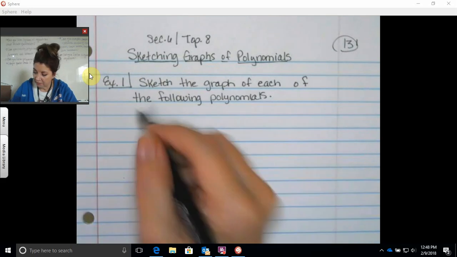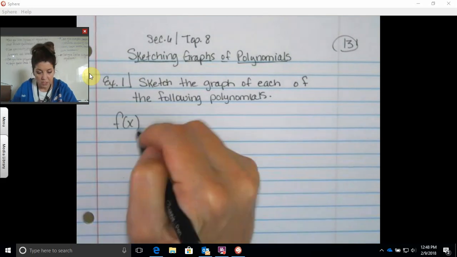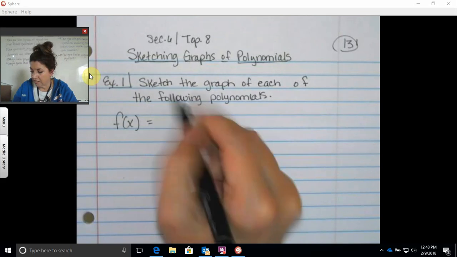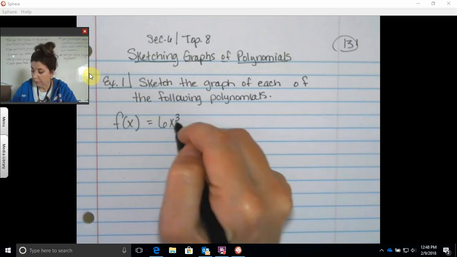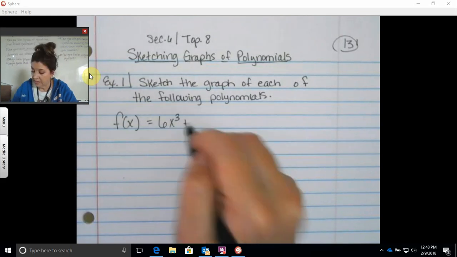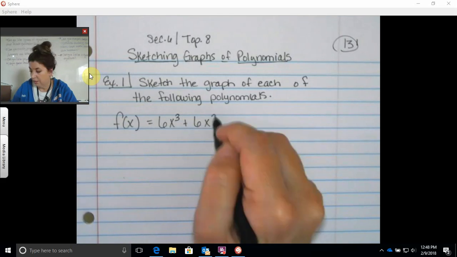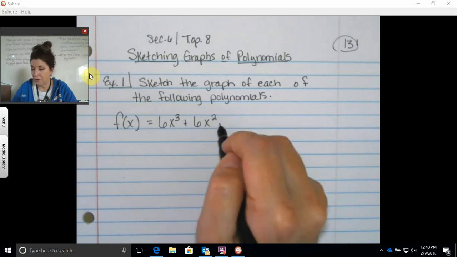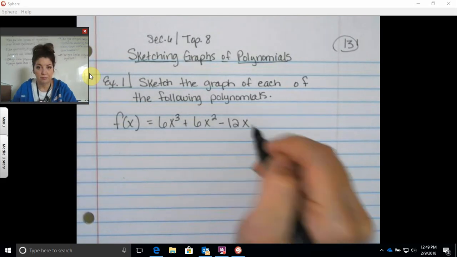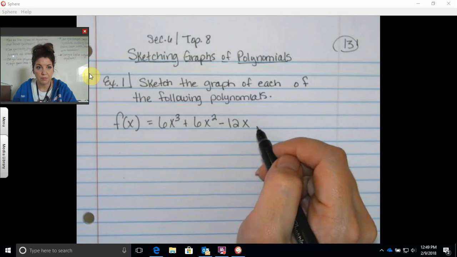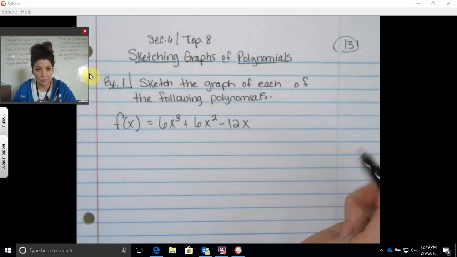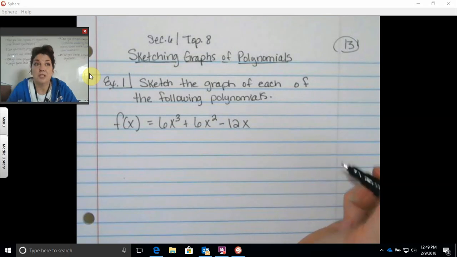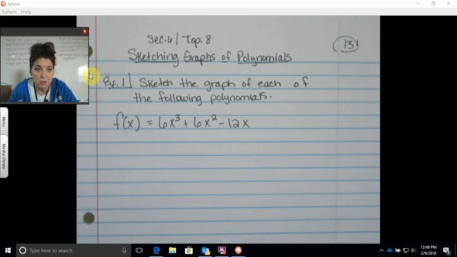Right, f of x equals 6x cubed plus 6x squared minus 12x. Okay, and we are going to sketch a graph of this. We know how to do